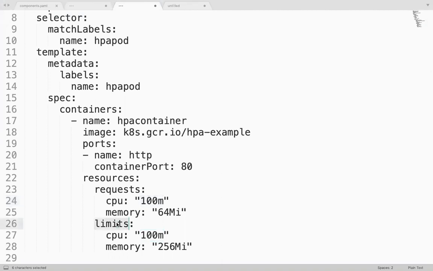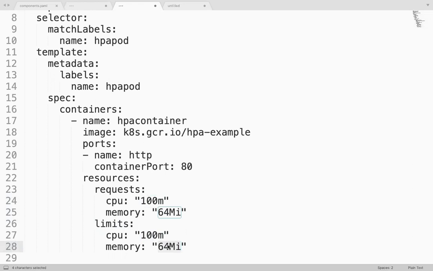Now limits. What is the meaning of limits? Maximum how much memory and CPU it can utilize. So based on your application type, you can define this minimum and maximum. Suppose I'm trying to deploy a Tomcat. Can I mention that maximum it can use 64 Mi? Will Tomcat be able to run within this given memory?